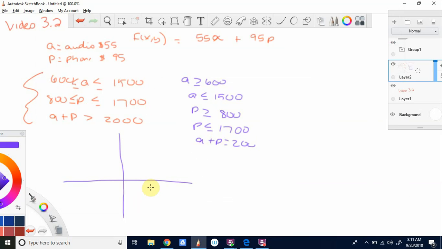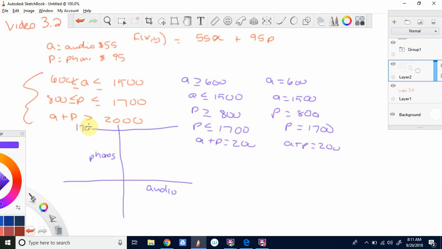So they made this audio, number of audio players, and this is the number of phones. So A is our X value and P is our Y value. So this says A equals 600, correct? Like I said, rewrite them with equalities so you're not struggling on graphing these inequalities. So A plus P equals 2,000. So if P equals is Y equals, that's going to be some sort of horizontal line. So we say this is 1700 and this is 1500,